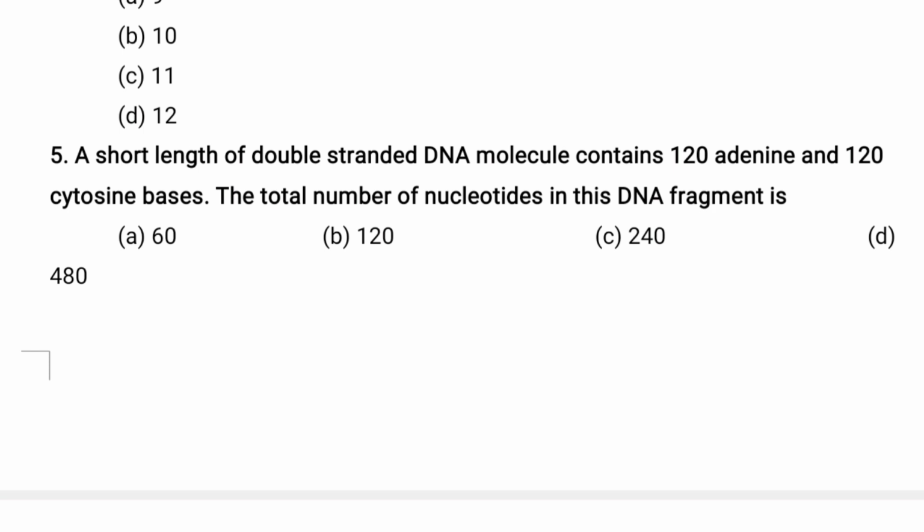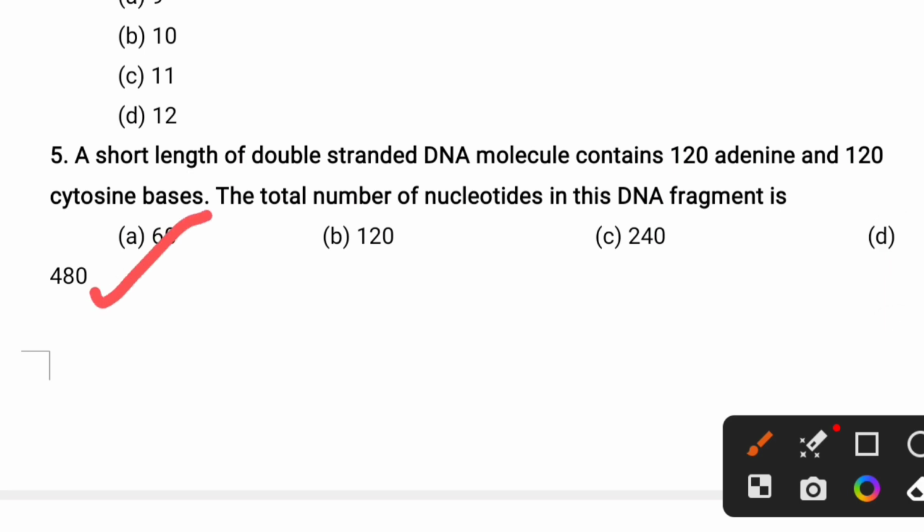Adenine are present 120 and cytosine bases are also present 120. So the question is the total number of nucleotides in the DNA fragment. Okay, options are 60, 120, 240, 480. So here the answer is 480 because according to Chargaff rule,